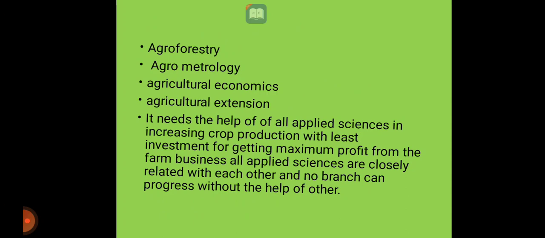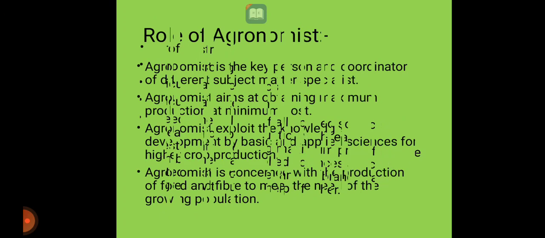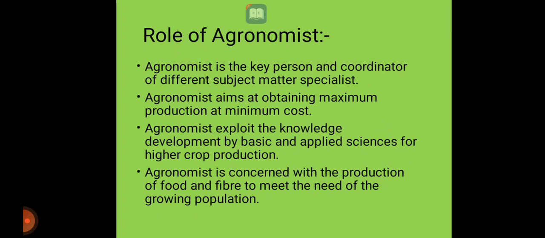All the applied sciences help in increasing crop production with least investment for getting maximum profit from the farm business. All applied sciences are closely related with each other, and no branch can progress without the help of the others. So they are related to each other. After that we discuss the